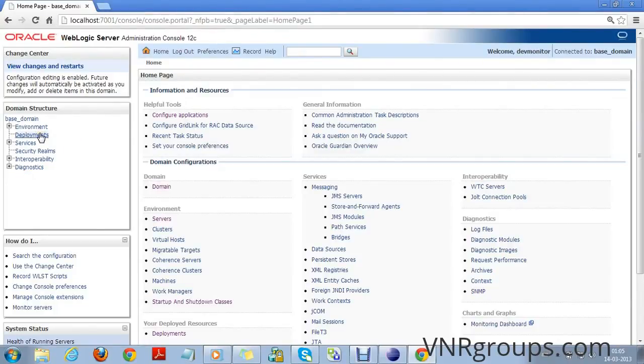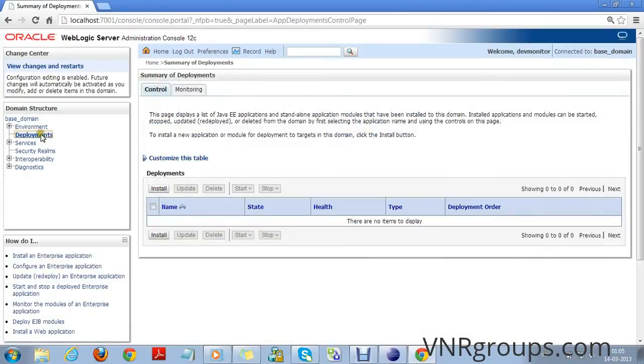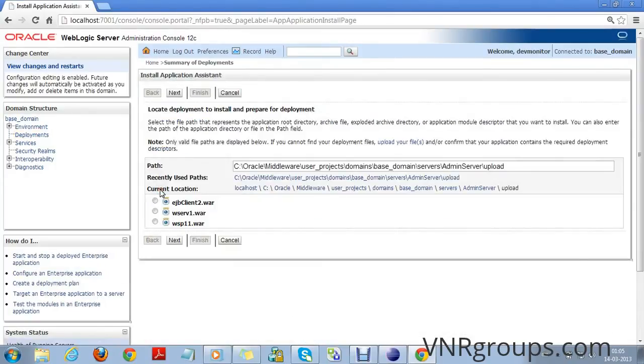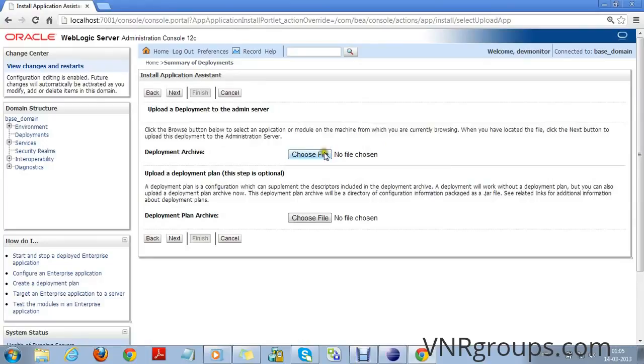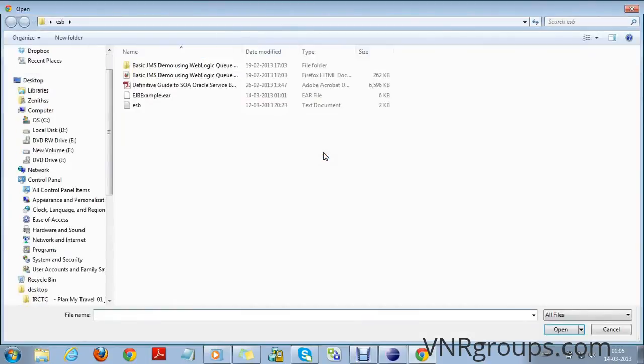Now we click on deployments node. Click on install. To deploy the EAR file that we exported, we should click on this link, upload your files. Now we select the EAR file, enterprise archive file that we created earlier.